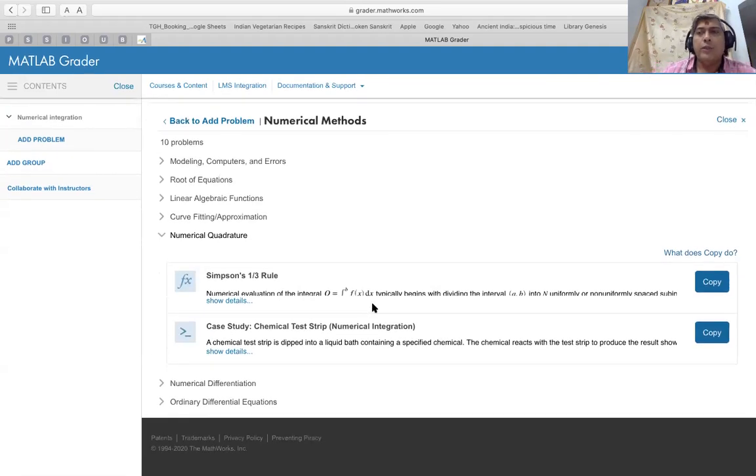Essentially, this has got to do with numerical integration, and I can choose to borrow this question here that tests the learner on Simpson's method of numerical integration. So I can straight away click on copy.